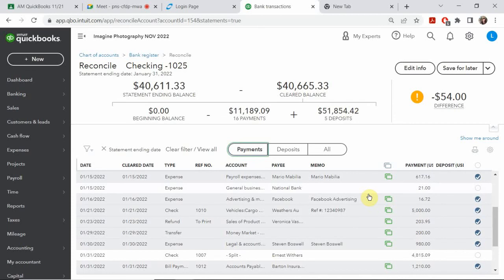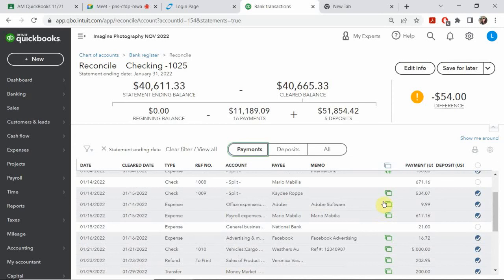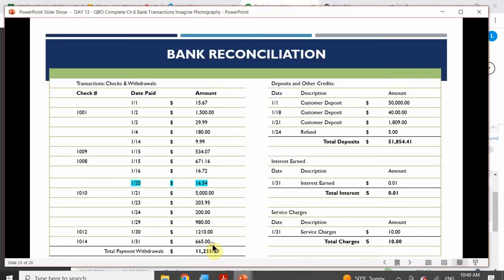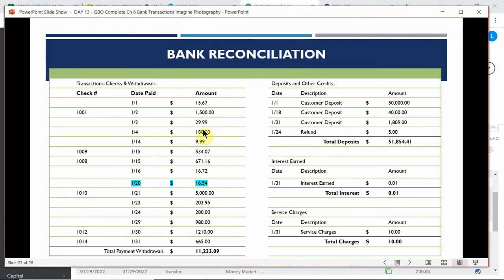Okay, so in this case, do I have any of these checks that I have written not go through? This $21, did I have a $21 payment? Let's see. Okay, not that I see on my list. So that means that's confirmed to be correct. Now in this case, you have to go through each and every single one of them. We already know that my deposits are correct, right? We already knew that it was that